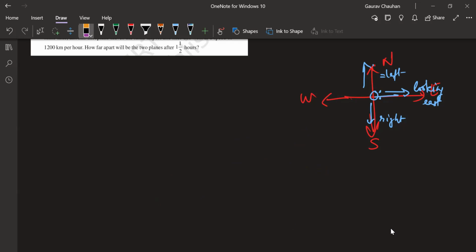Now this particular thing, guys, it's very important to understand. This is a top view. You remember top view, guys? Top view, side view, all of that we did. Yes, this is a top view.